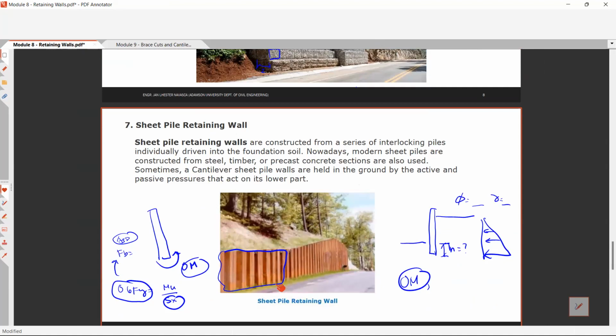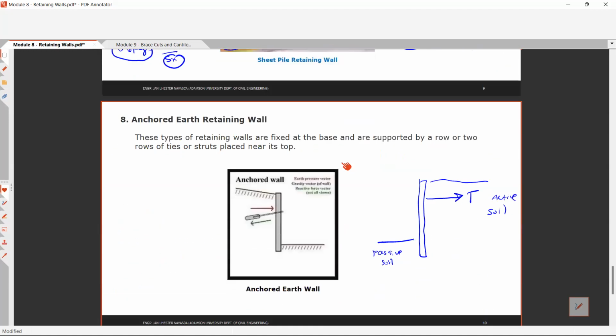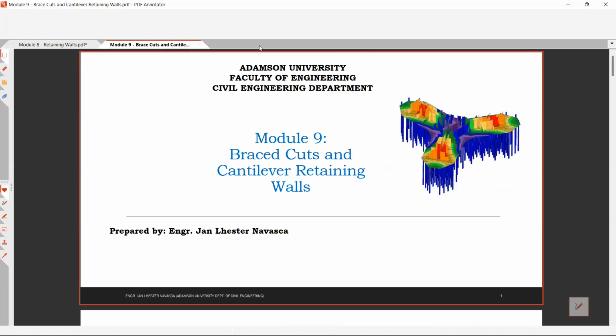Okay. Nalaman natin yung forces. Actually, analysis pa lang pala. Nalaman natin yung forces that will resist this sheet pile retaining walls and this anchored earth retaining wall. Okay. So this time, we are discussing these brace cuts and cantilever retaining walls. So we will give an overview in analysis of brace cuts and cantilever retaining walls. Okay. So this is a miscellaneous topic especially for PCSE or specialization for structural engineering, foundation and